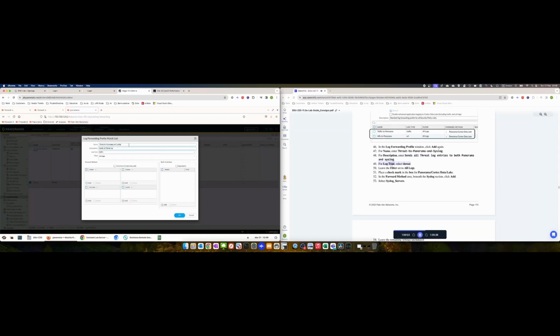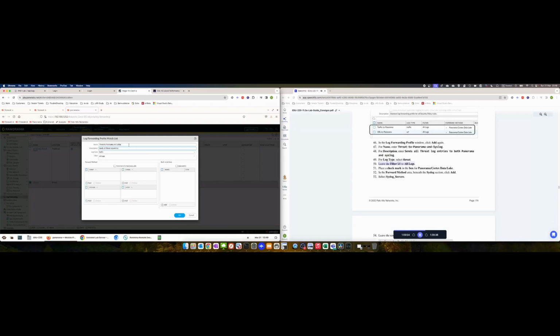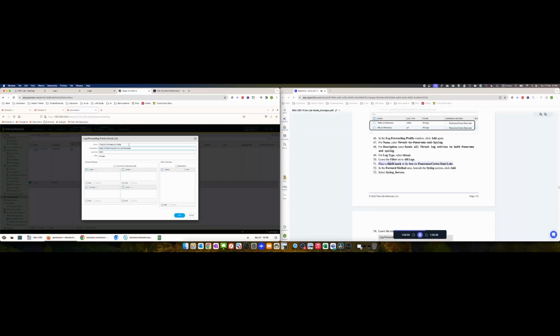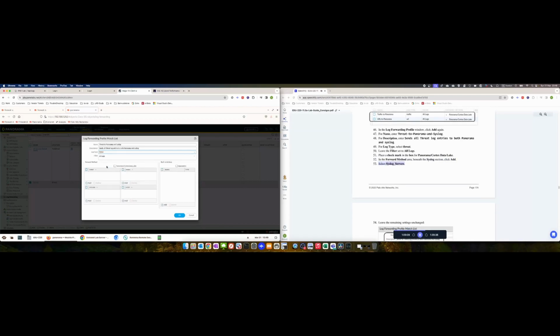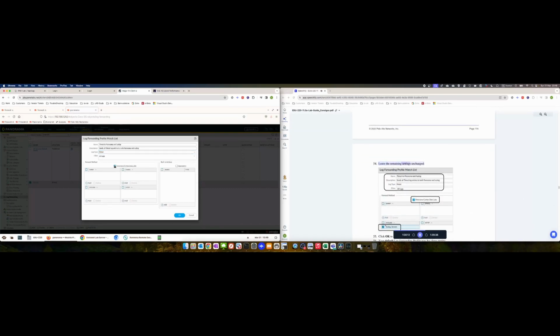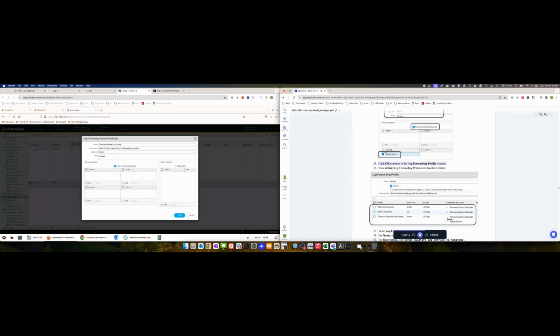For log type, select threat. Leave the filter set to all logs. Place a check mark in the box for Panorama Cortex Data Lake. In the forward method area, beneath the syslog section, click Add. Select syslog servers. Leave the remaining settings unchanged. Click OK to return to the